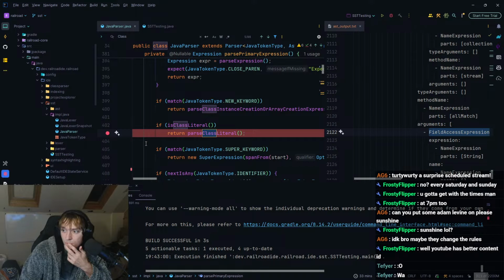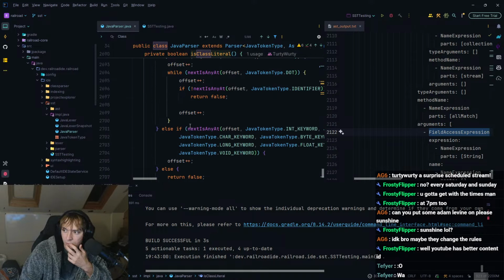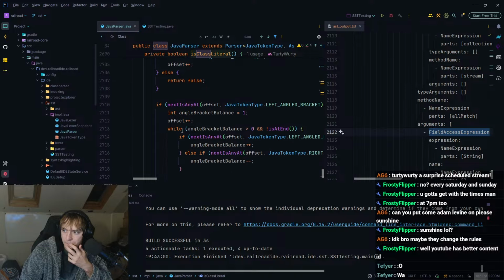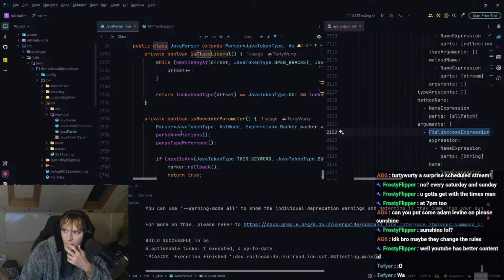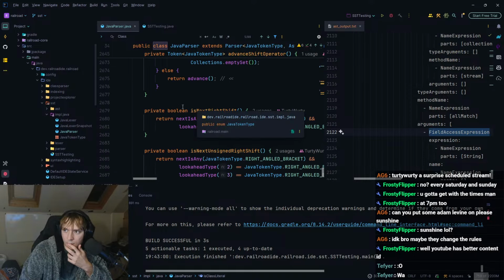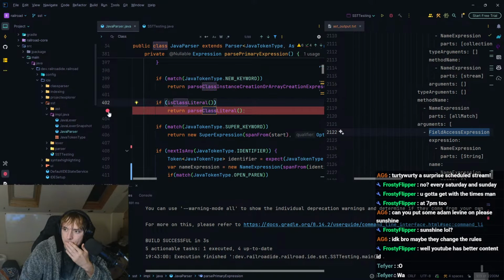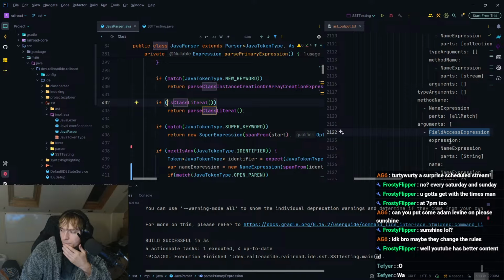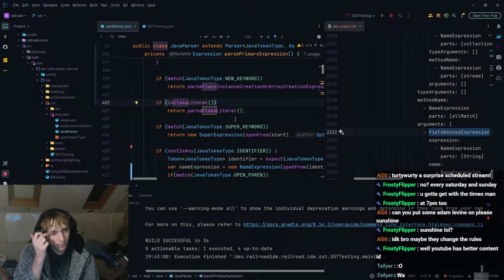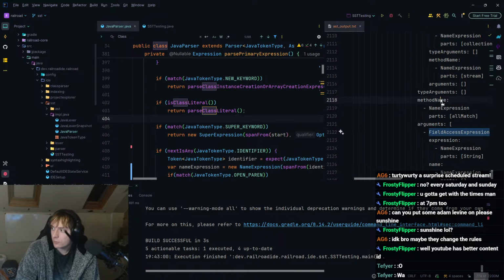Never hits it. Interesting. Very, very interesting. That makes this kind of hard to debug because this is in primary expressions, of which there are hundreds in here.